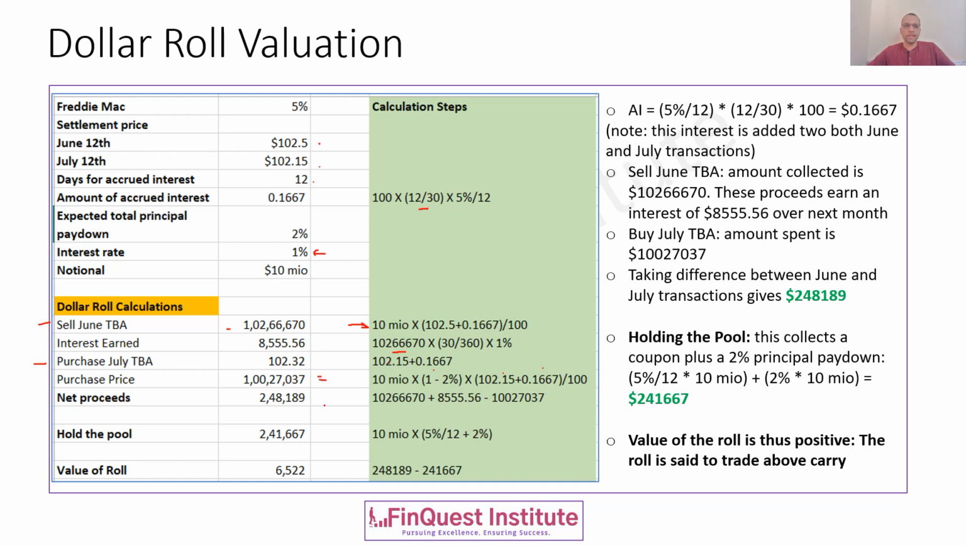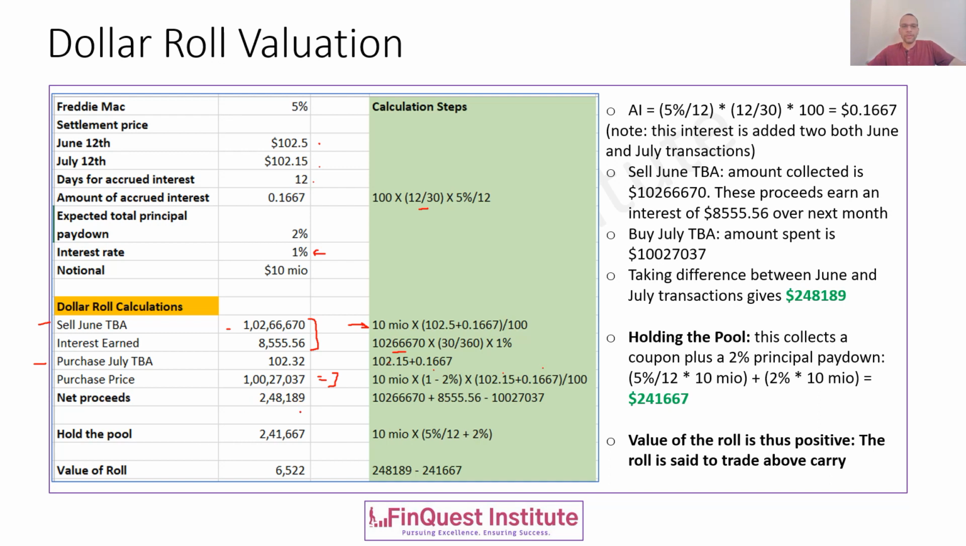Now, in order to calculate the net proceeds, I need to take the difference between the two. That is, I need to take the difference between what has happened for June and what has happened for July. So I can sum up the first two rows because these are something pertaining to the June side of things, or maybe the first leg of the dollar roll you can assume. And the second one is this transaction which you have just done, which is the purchase price. And the difference between the two is going to give us the net proceeds. So that net proceeds comes out to be roughly